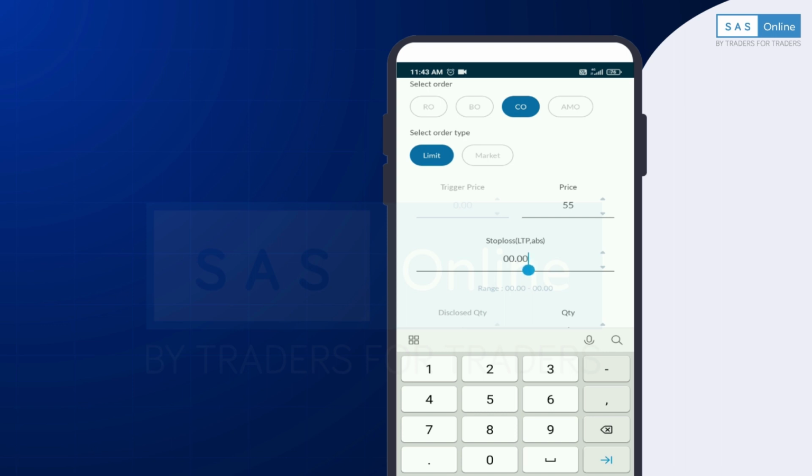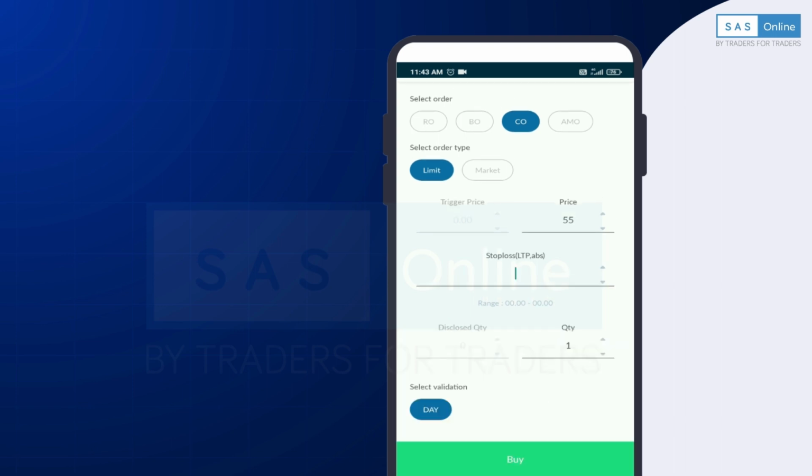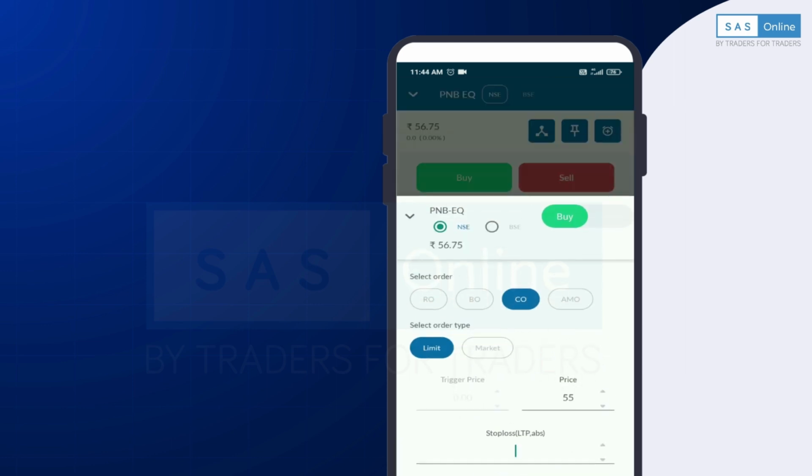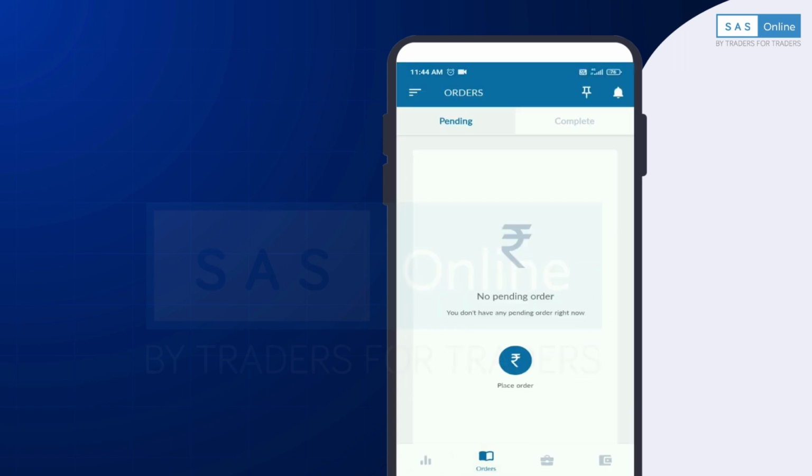You have to give the stop loss between this range, because this is a system generated range. Same, if you want to exit it at the market price, you have to go to the order window, and from the pending orders you have to exit your stop loss order, and then that will be executed at the market price.